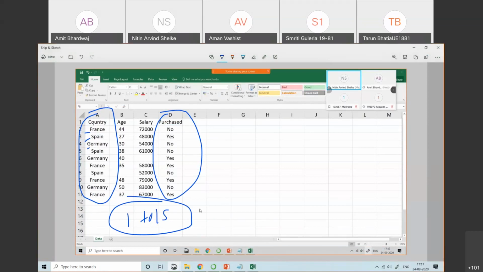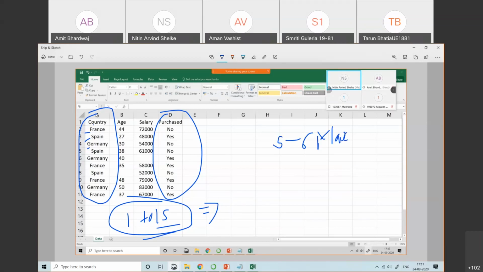You can say up to 1 to 15 distinct values for text can be called categorical. That's not a standard limit. Most data sets contain 5 to 6 categories at most, but you can stretch it up to 15 also.